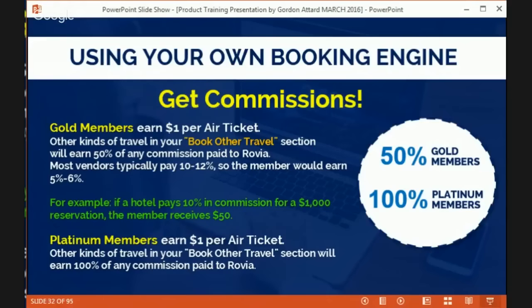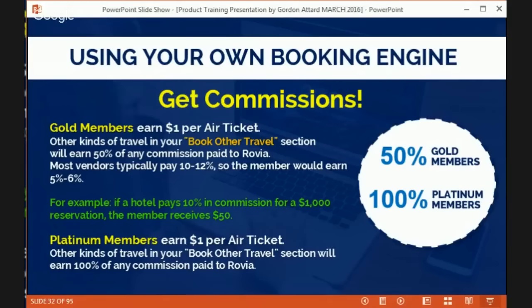Every time, even yourself, once you book a flight ticket, let's say with Lufthansa, Emirates, Turkish Airlines, etc., you're going to receive the $1. Always, guys, it's when Rovia gets the commission, not when you book. You're going to see it in the Rovia box section